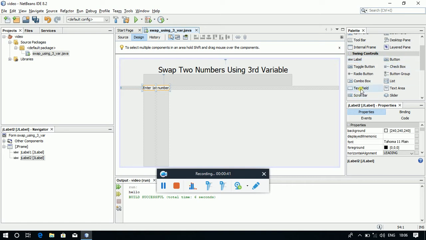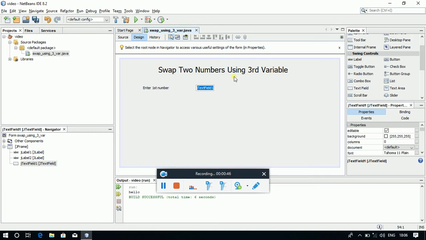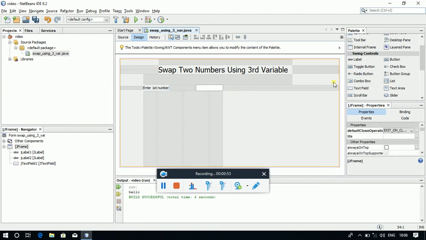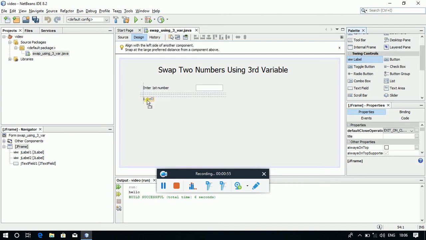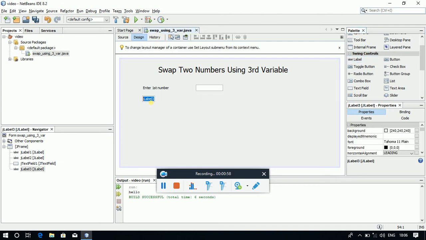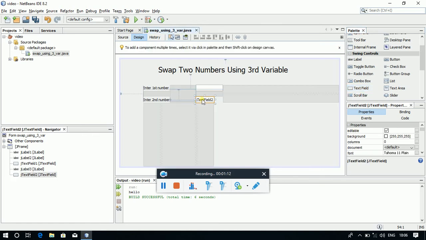After that, you can drag a text field where the user can enter the first number which the user wants to swap. Using F2, clear the text field. Now again drag a second label and type a message for the user: Enter second number. The same way you can drag a second text field. Using F2, clear jTextField2,